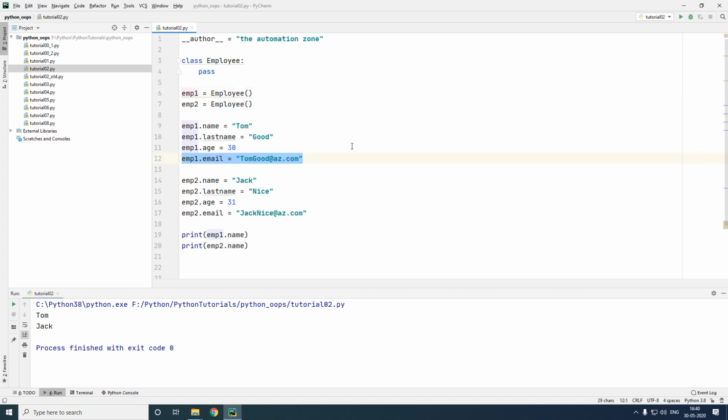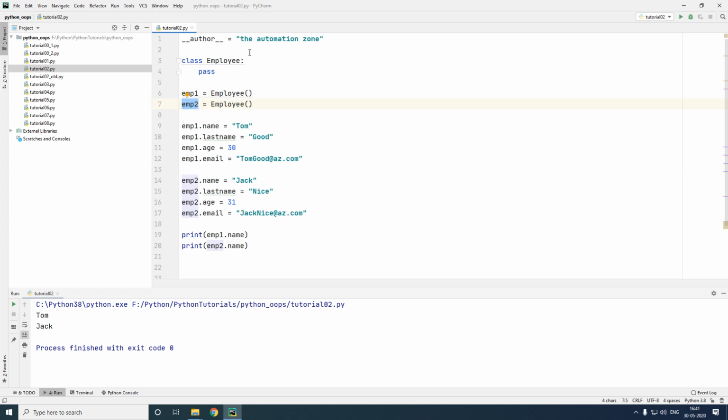These two flaws, as well as many other flaws, can be rectified by using the init method. The init method is a method which is always called when you create an object of your class. In this case, I have created the object twice, one for employee1 and the other for employee2. Hence, in our case, the init method should be executed 2 times.